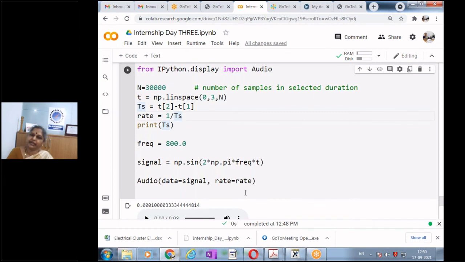Please type it. You will all like this command. It takes 2 minutes. Print is not required. This also is not required, but please type 4 lines of code. The most important line is from ipython.display import audio. Please do it. And then we will try running the code with different frequencies and see what happens. Everyone, please type. Even if you have missed a few earlier examples, it doesn't matter. Please type this.